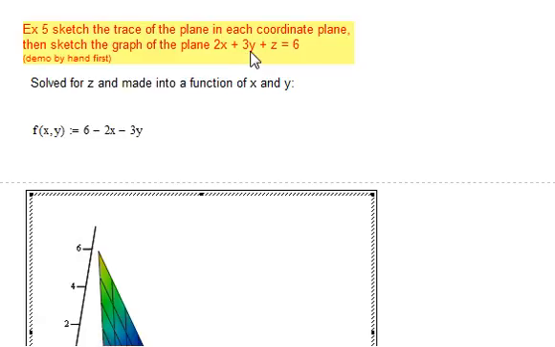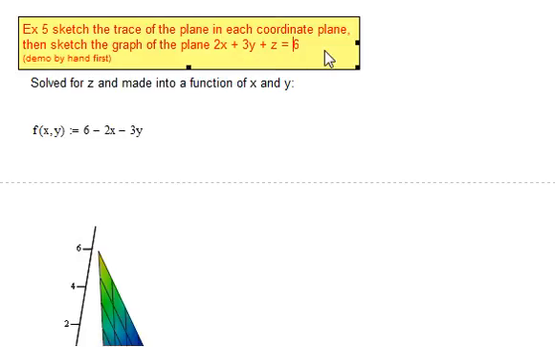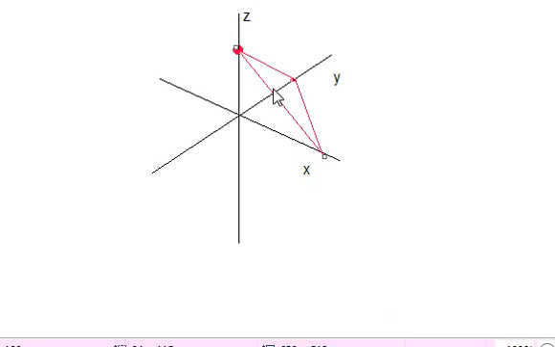I was saying that in the xy plane, I forgot to divide by 3, so the y-intercept is actually 2, not 6. So this shouldn't be back at 6, it should be up to 2. But anyway, I made a mistake. But you get the idea. I did do a pretty reasonable sketch by hand, and now just to show you how easy it is to cheat on this,